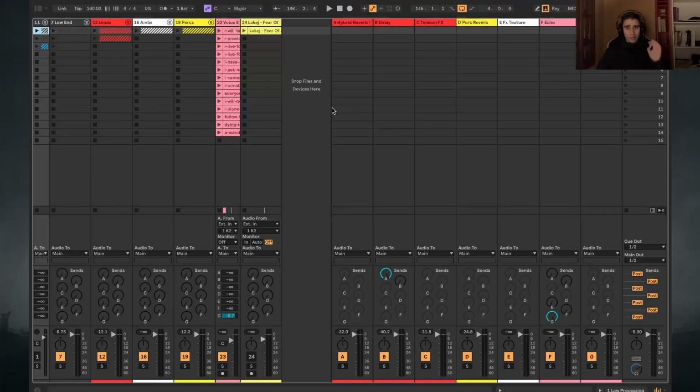Okay, one very important tip as well is tip number 9, which is always remember to collect all and save. So you go here to file and you press collect all and save. This is very important. Why? I'm sure that you already opened up a project and there were some media files missing, and like, what the hell? Why? Because you changed the directory of the sample, or you moved the project, and so Ableton won't know where that sample is. Okay, so